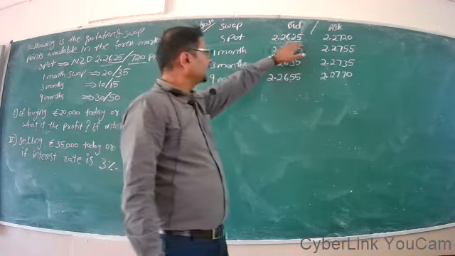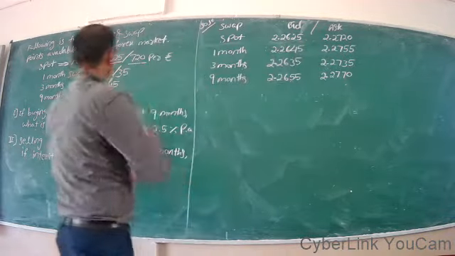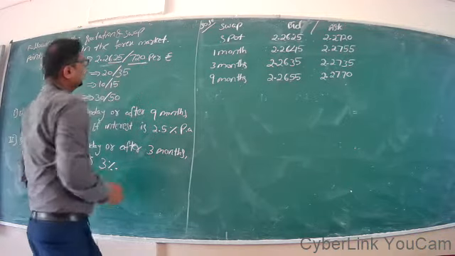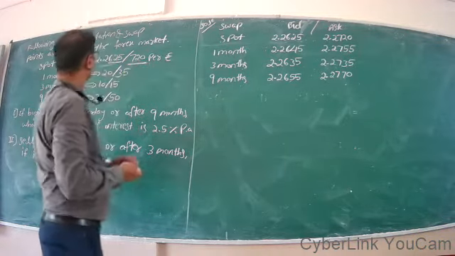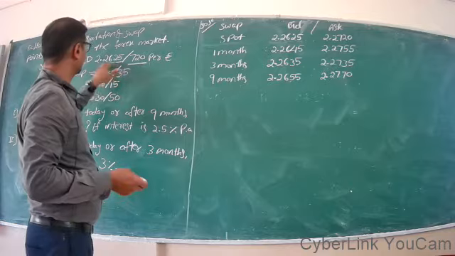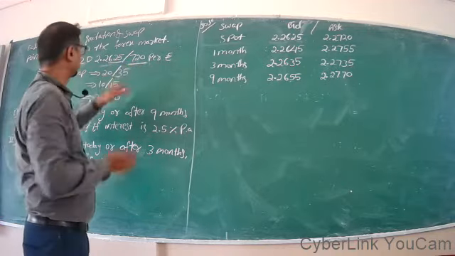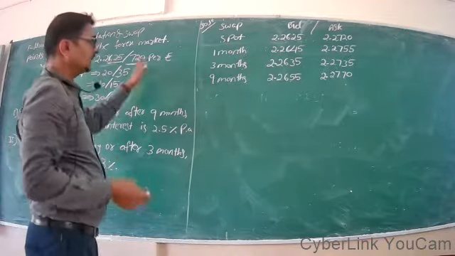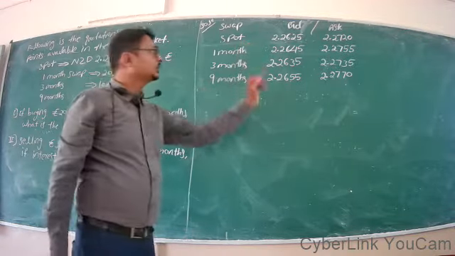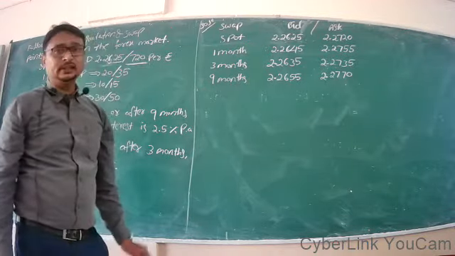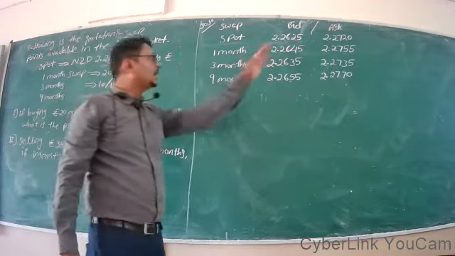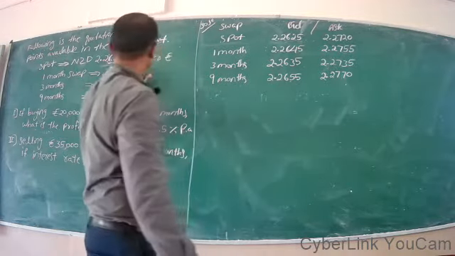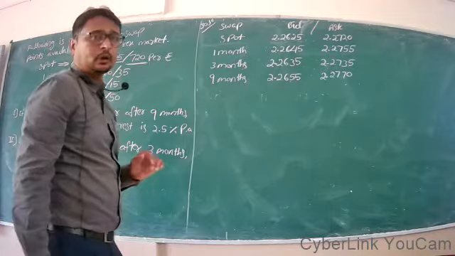So the spot rate is given in the problem. See, in this problem, three digits are given as pips, right? 2.2625 oblique 720. That means these three digits are replaced in the ask price. So the spot rate is given as 2.2625, that is the bid price, the lower one, and the ask price is 2.2720 in the given problem, right?